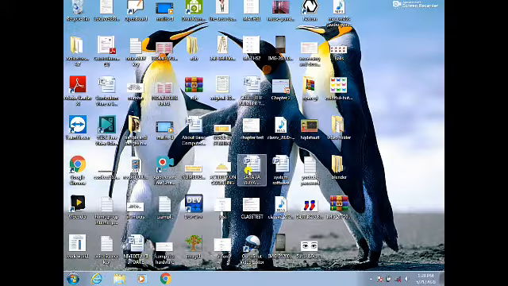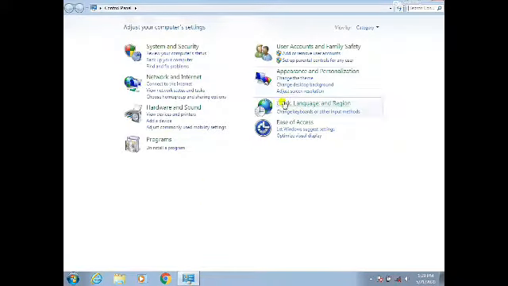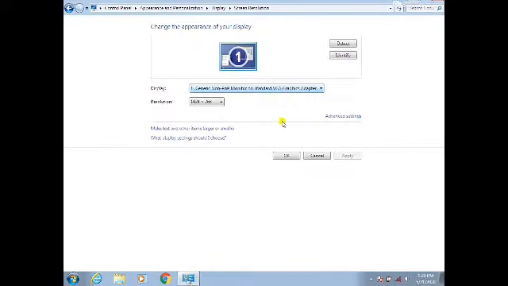Another option is to change the screen resolution. How can we change the screen resolution? Again I am going to the control panel, and here is adjust screen resolution. Again I come to the appearance and personalization option, and here I click adjust screen resolution. This is the screen resolution option.